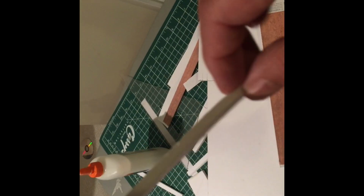And then what you need to do is cut some columns to support the wall. I've made this one the equivalent of 2 feet wide. Then I covered both of them with the brick paper. As you can see, the columns have worked out nice, an appropriate size,